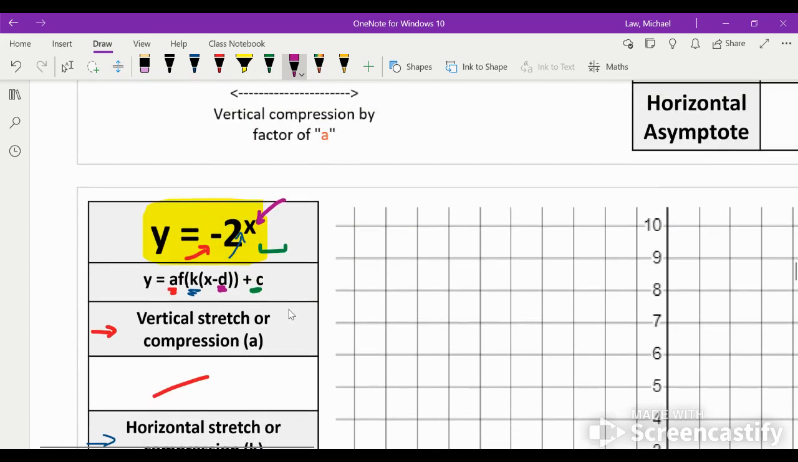So what we can conclude is that there is indeed a transformation, and it is a reflection